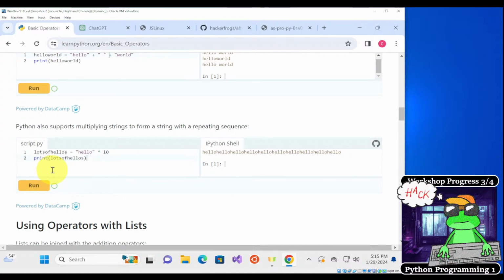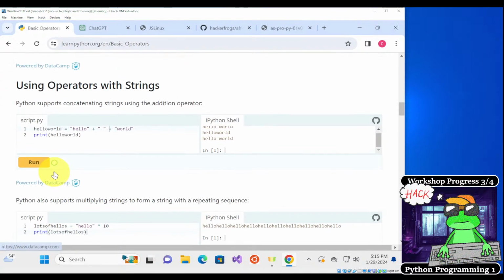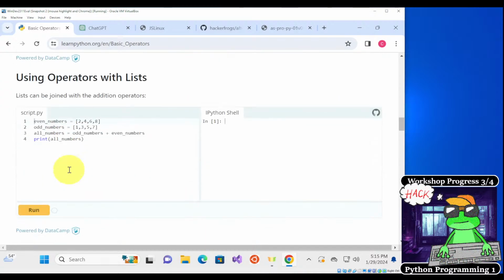So we can do strings with multiplication, and we can also do strings with addition. But if you remember from earlier in today's workshop, we can't do strings with numbers unless you make the number a string first.